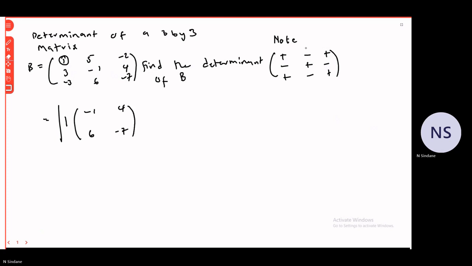Then minus 5 into, select this one. The middle row is out and the column is out. I have 3, minus 3, 4, minus 7, right? And then when I select this one, the last row is out and the first column is out. Because of negative multiplied by positive, I'm going to have a negative. So this will be negative 2 into,